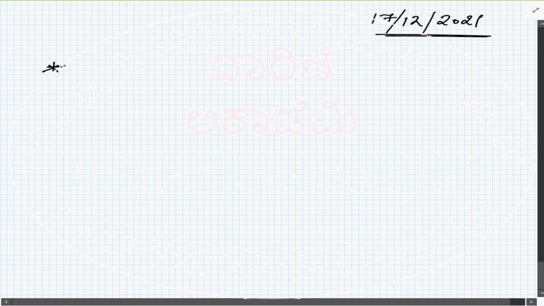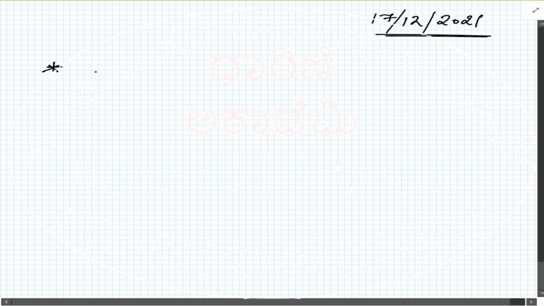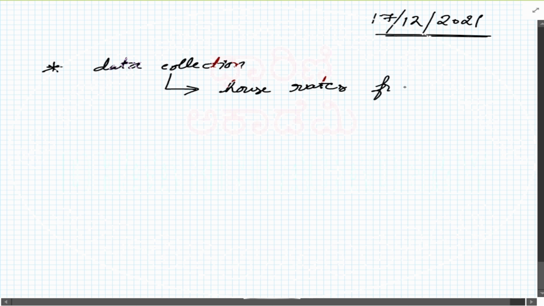Previously we were looking at the steps that we are going to take in a very broad sense. Out of which we had discussed the steps. I think we discussed the first, the data collection. We don't have anything else to do in this, because for the given project we are directly collecting the house rates directly from the web. So nothing is needed as of now.